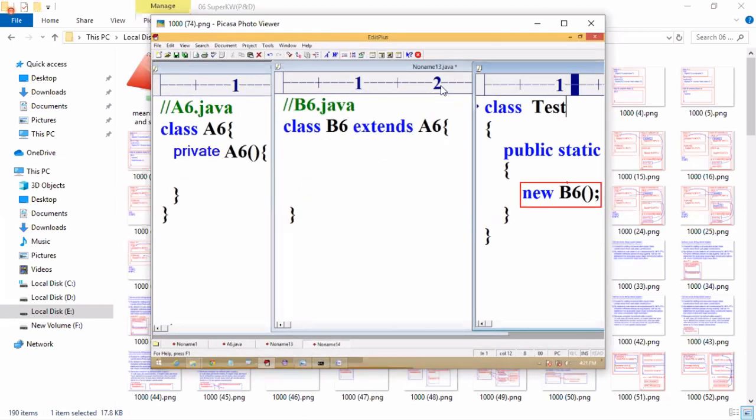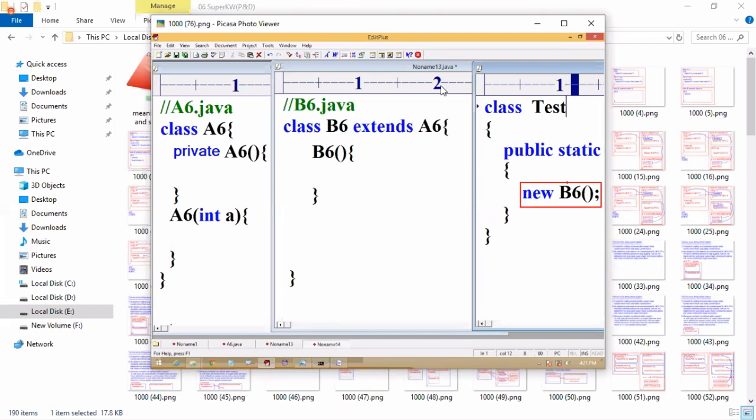And tell me, I have created it like this. Now also error. And now the next case. One invisible constructor and one visible constructor.